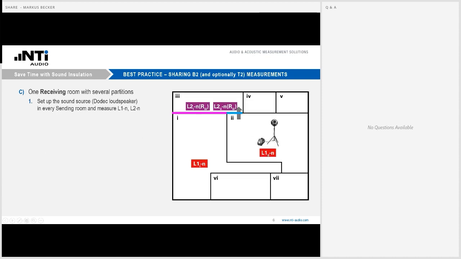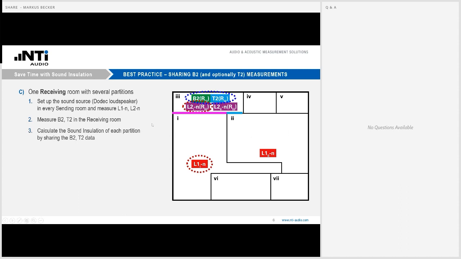We would then move the dodecahedron to the second sending room, again measure the sound level in there and measure the sound level in the receiving room through the second partition. We would also need the background noise and the reverberation time in the receiving room. And this data now allows us to determine the sound insulation of these two partitions.